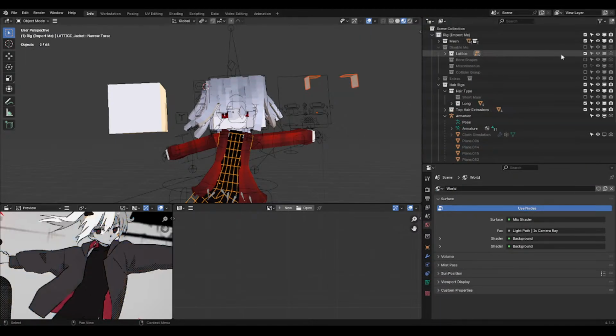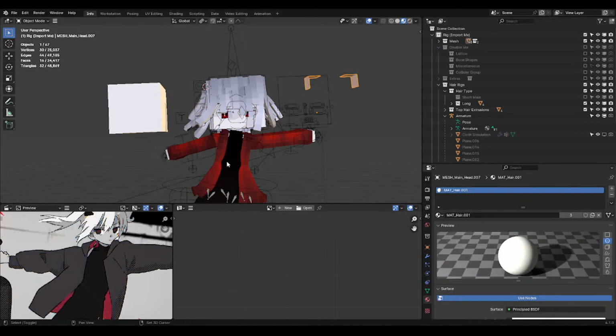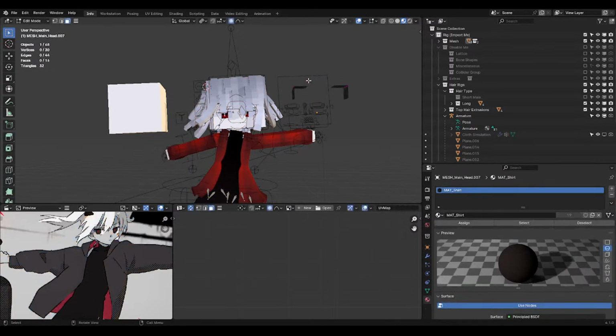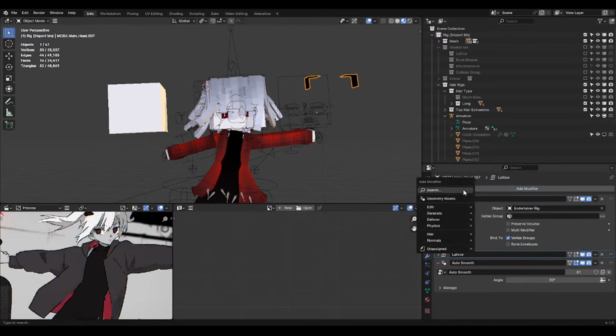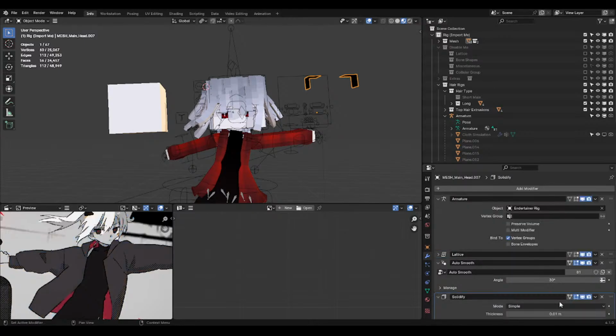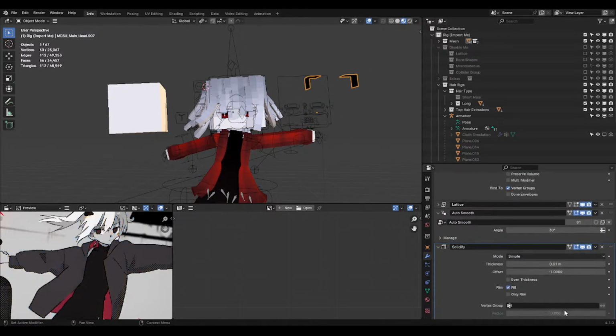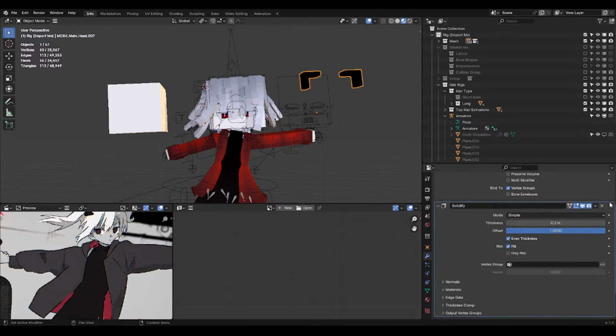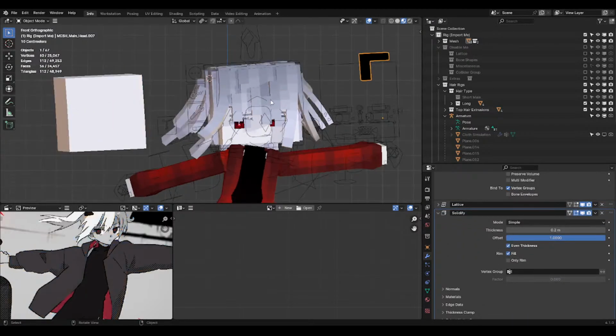Please move away. Connect it to here, so it has the same material, and then I solidify it. Oh, wrong direction. Outwards, even thickness. So it's kind of like headphones, except